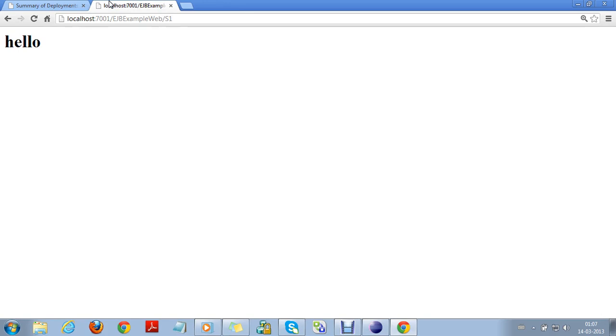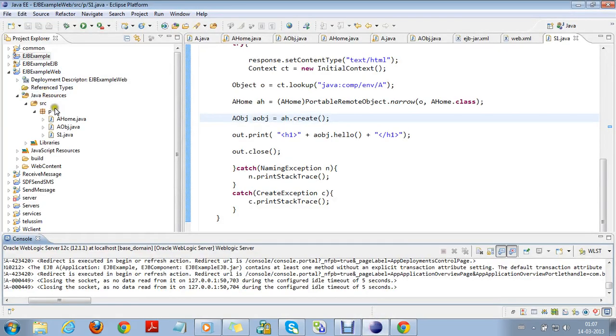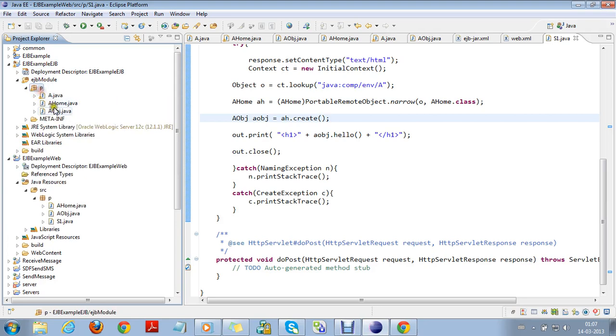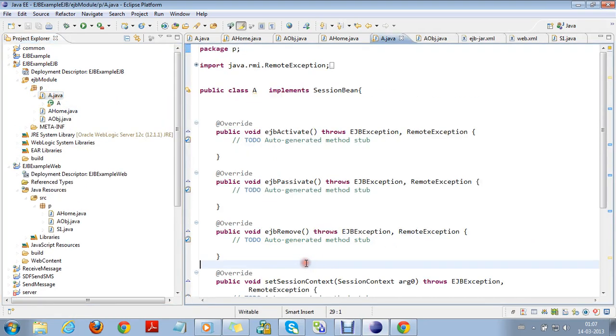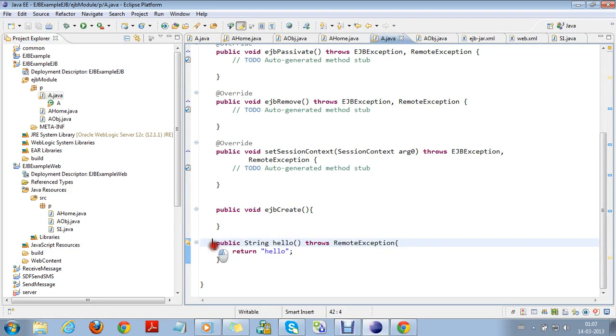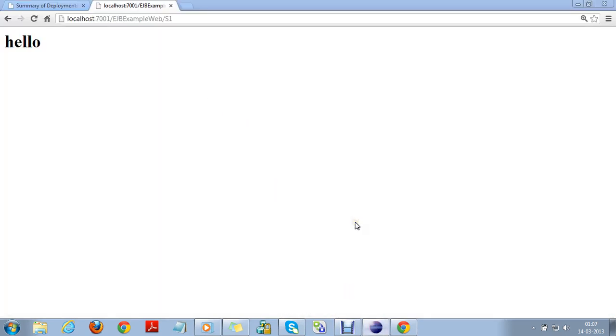So EJB business method is called and this is the return value. EJB can be called from a Java application, from a JSP or servlet